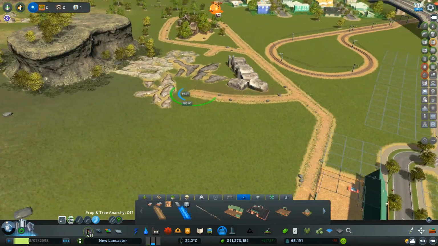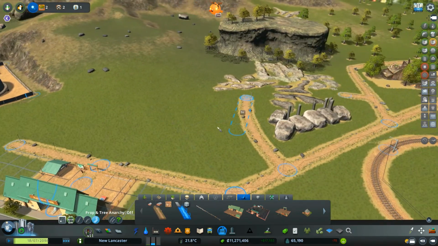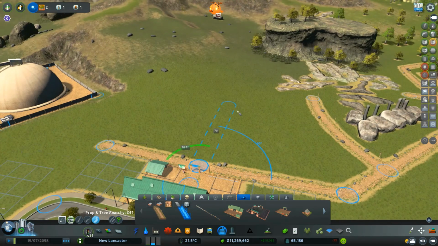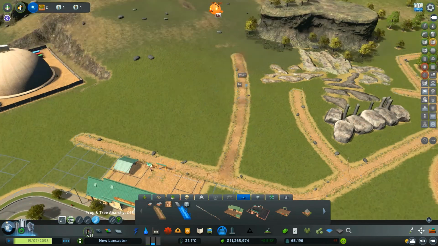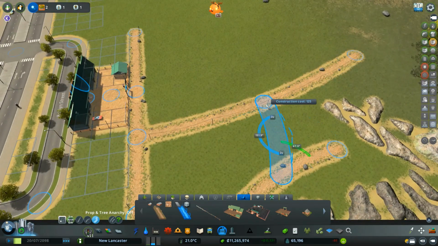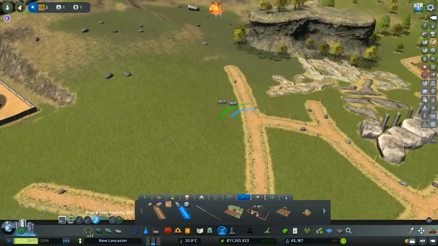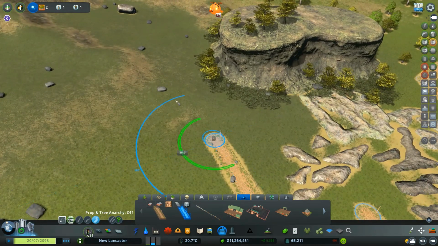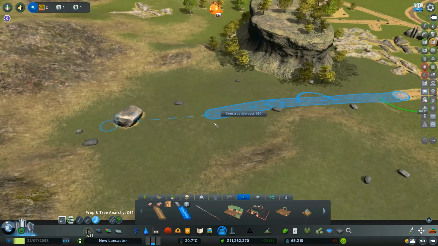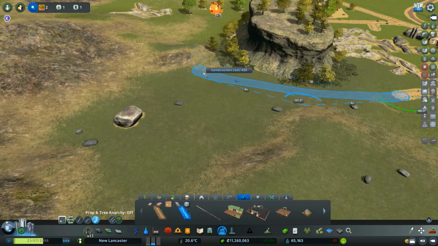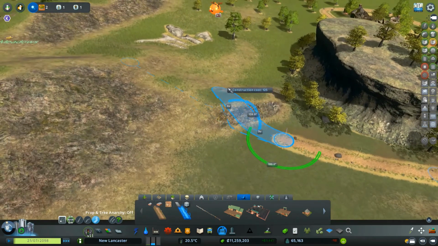And the same thing. All right, and then from here, we're going to have another pathway. It goes up the mountain like that. We'll connect those up. And then this is going to go around the hill.